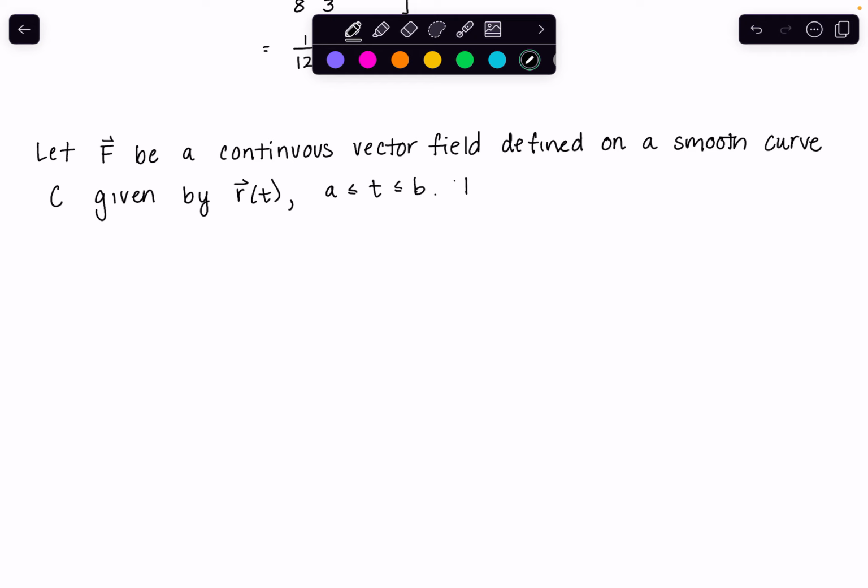Then the line integral of the function F on C is defined by